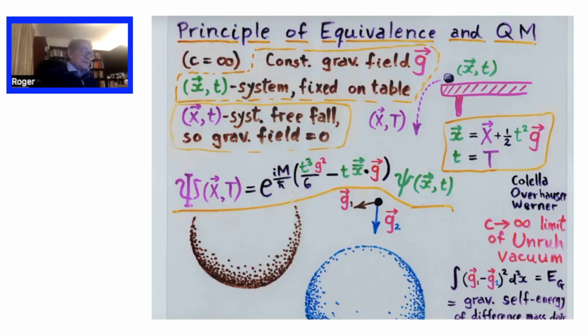You could say, who cares about the phase factor? But you do have to care about it, because what it's telling you, because it's got a nonlinear term in the time, is that you actually have two different vacua. So the purple vacuum and the green vacuum are not the same. But you could say, well, stick to your vacuum and you get the same answer.